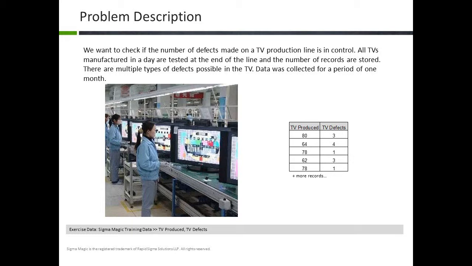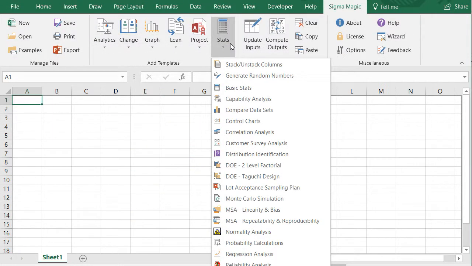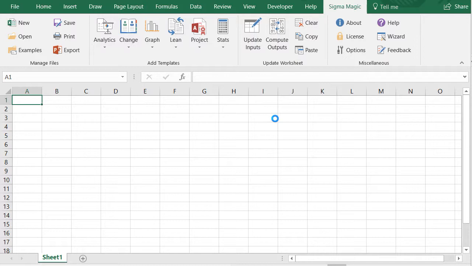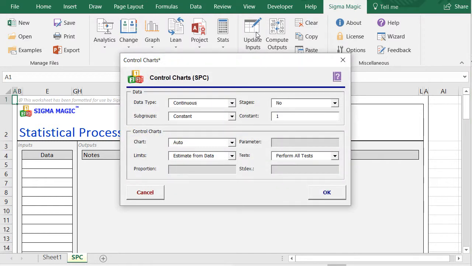The data for this exercise is given in the variables TV produced and TV defects in the data file, 6 Sigma training data. To perform this analysis, the first step is to add the U-control chart template to your workbook, by clicking on Stats, and then selecting Control Charts. Once you add the template, click on Update Inputs, to open the Input dialog box, and specify the options for